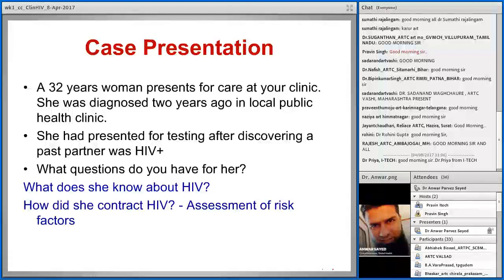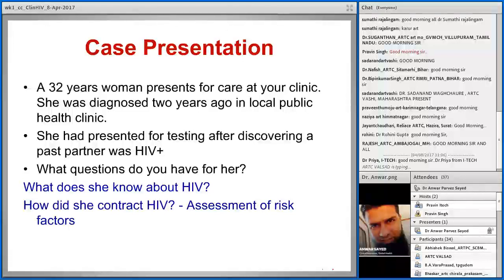And believe me that this happens. This is not from imagination, but this has happened before, that if you tell someone that you are positive, people might take it in a better way or in a good sense. So we need to understand what a person means or what a person thinks about his or her own HIV positive status. You need to ask questions: what is HIV positive, or what does being HIV positive mean. So that is one thing which is very important in the initial aspect, and also it will give you an idea regarding the further steps which we will be taking in terms of management of these patients.